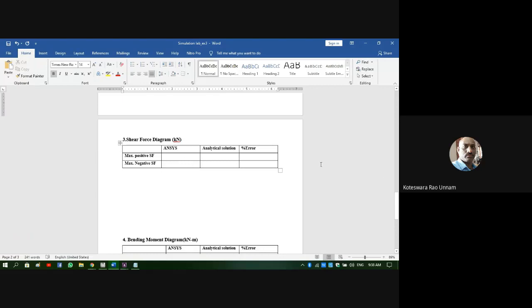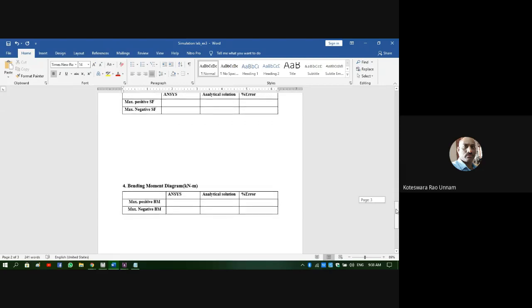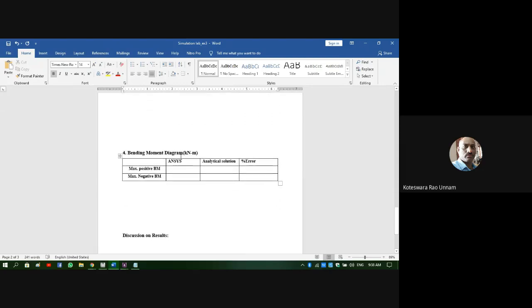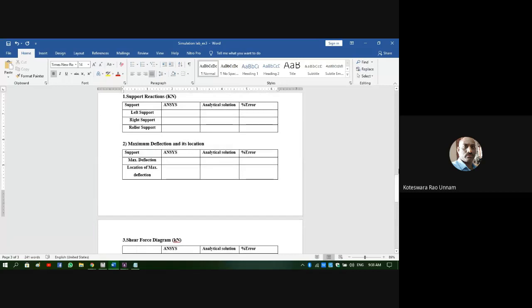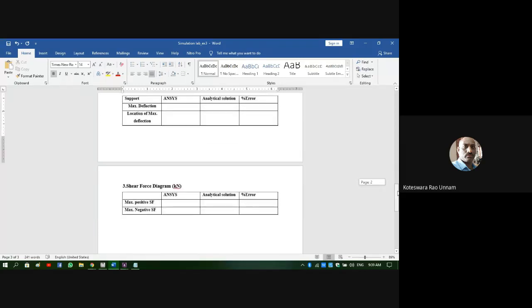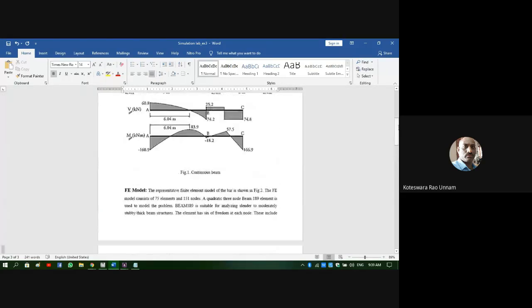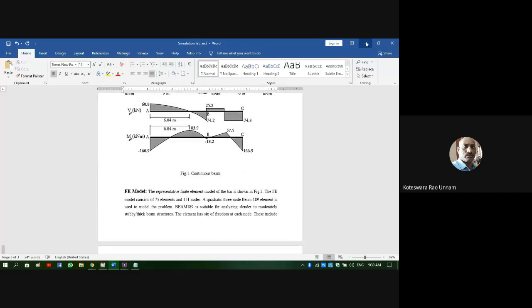The solution is already given, so from that solution you take the analytical values and compare them. Similarly, you need to do it for the bending moment also. Like this, we can solve the problem. Now I'll take you to the software and show you how to solve this problem, so that you can understand how to solve it in the software.